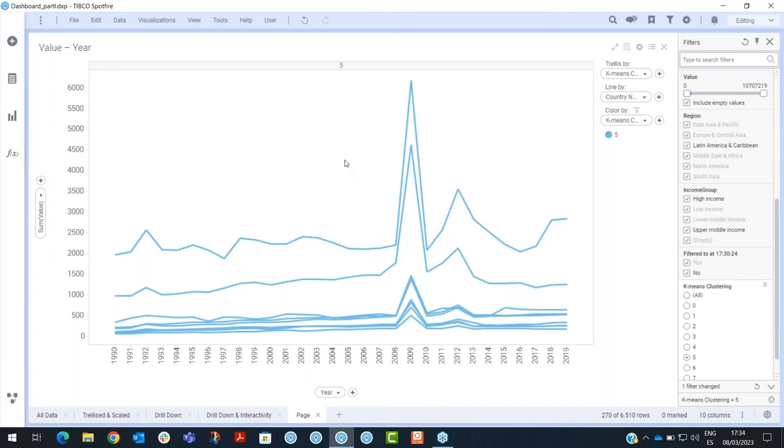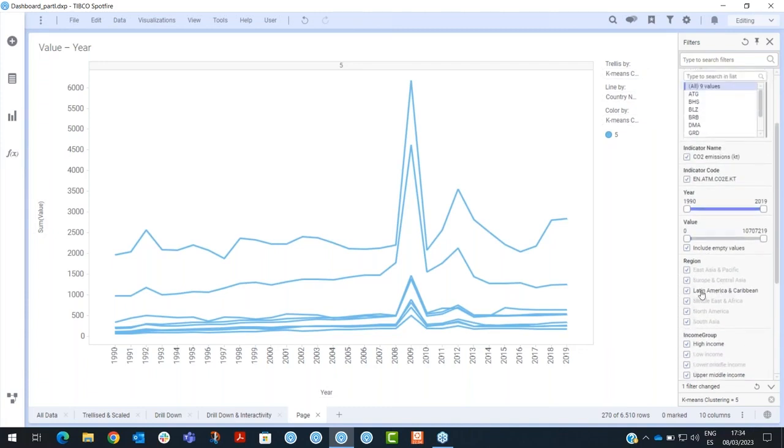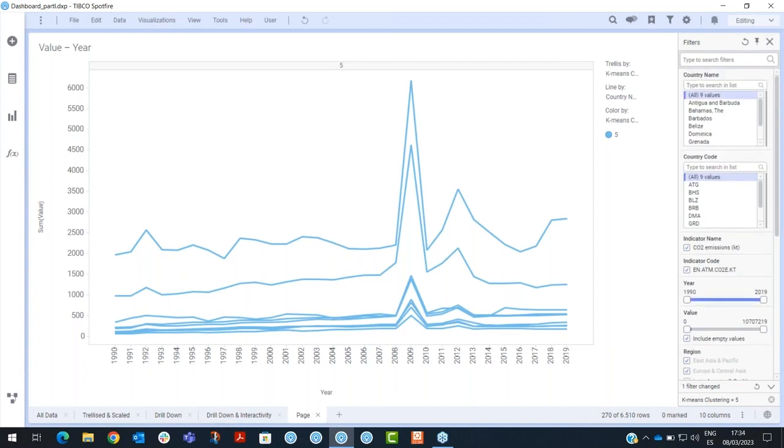I would like to therefore continue digging deeper into these countries. And I can use Spotfire filters for that because besides being meant overall to help you focus on individual snapshots of your data, the Spotfire filters are also very informative. So if I scroll over the Spotfire filters, I could see that all of these countries are from Latin America and the Caribbean region. So these countries are geographically close together. And I could also see their names, so Antigua and Barbuda, Bahamas, Barbados, Belize, indeed countries from the Latin America